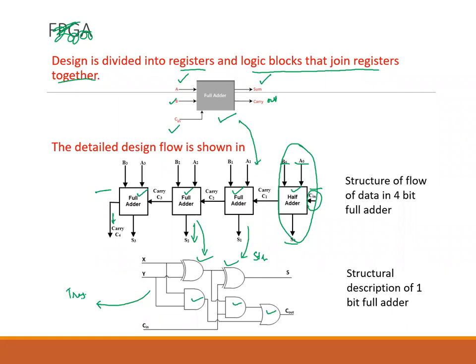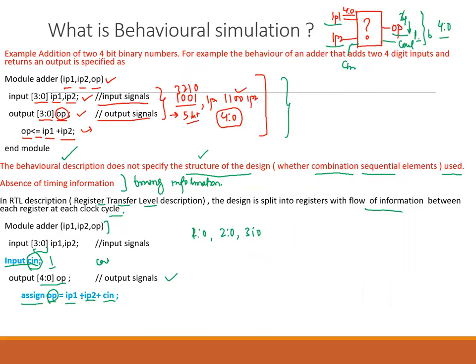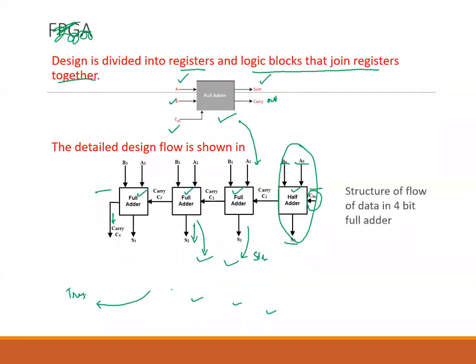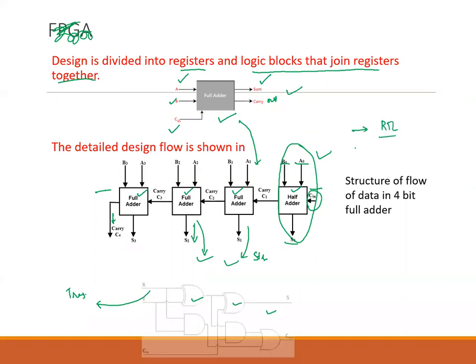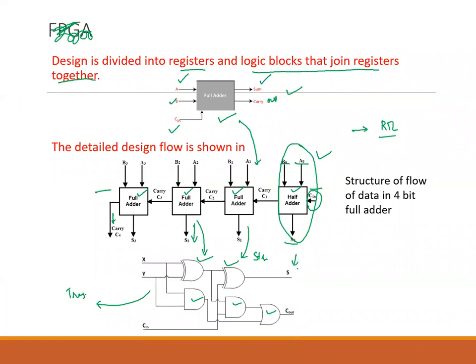So this is how we are talking about behavioral description. In the previous slides, you can see this is your behavioral description, where you are just describing the behavior. Here you are describing the structure. So in RTL, what happens? When you define this as behavioral, then structural, and later on, when we call RTL synthesis or logic synthesis, then these gates are synthesized. So this is the flow.